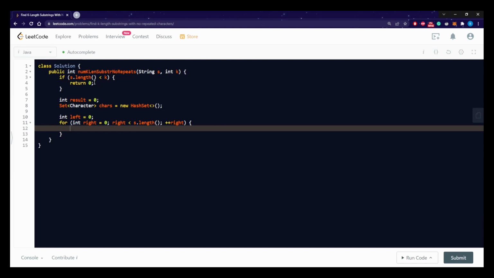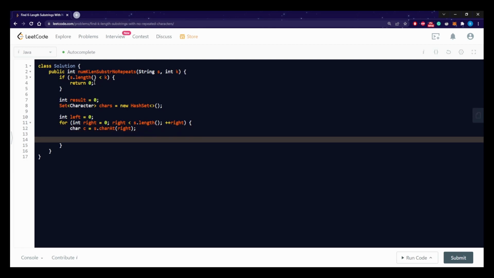So each time we step the right pointer, we can read that actual character. And after that, we have to check if there is a duplication. So this new character C resulted in a duplication. If it did, then you remember we have to readjust the window after the first occurrence of the duplication. Or in this case, we also have to check if we created a longer substring than k. So while this new character is a duplication, or our new window is longer than k,